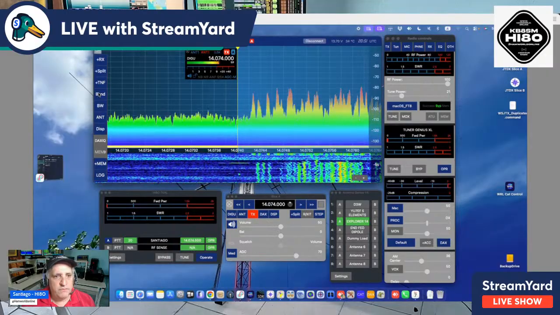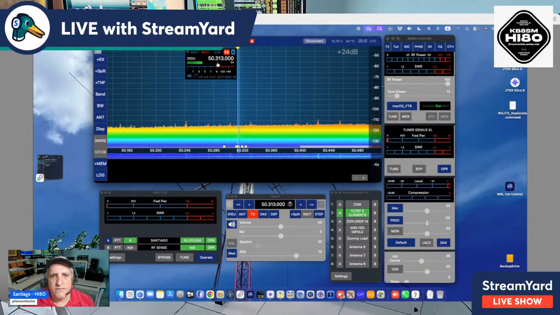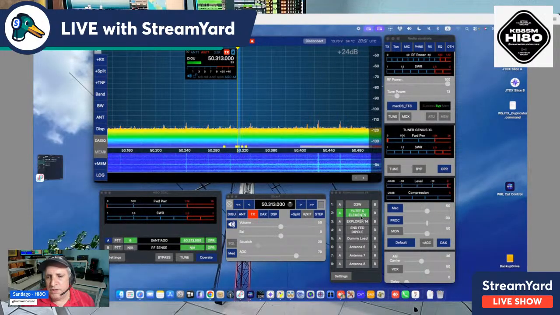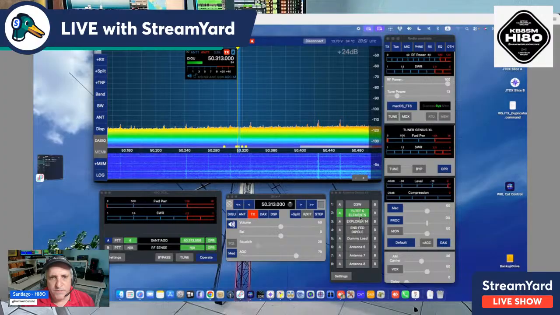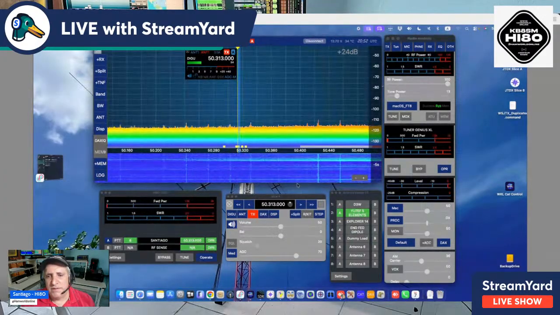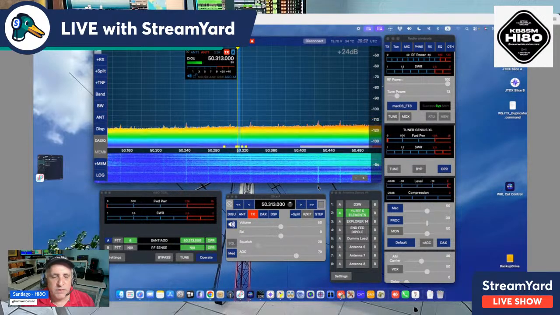If I go, for example, to 6 meters, you can see there the FT8 frequency for 6 meters. The antenna changed to the 5 element Yagi that I use for 6 meters, which is a Yankee Uniform 7 Echo Foxtrot model,